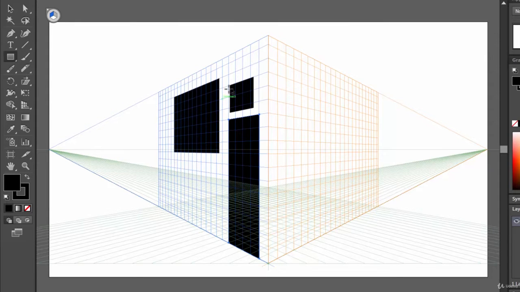As we have seen, we have drawn a door, a big window and a small window, right? Now let's try to draw something here on this perspective grid. If you take a look at this grid, broadly it is divided into three parts: the left part, the right part, and the bottom part, or the ground part, you can say.